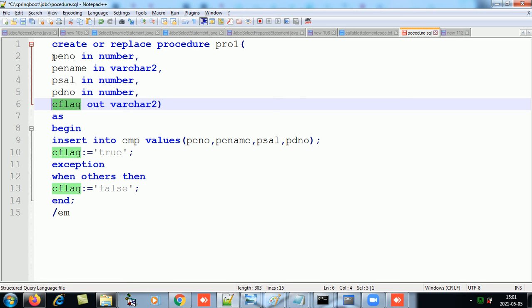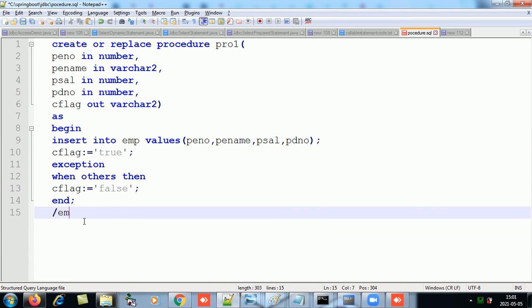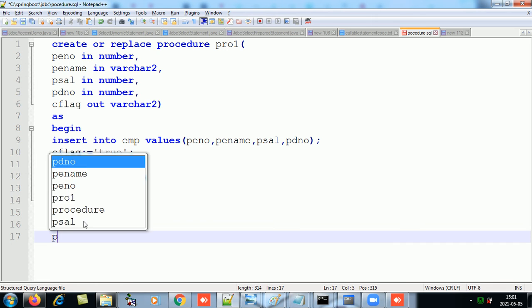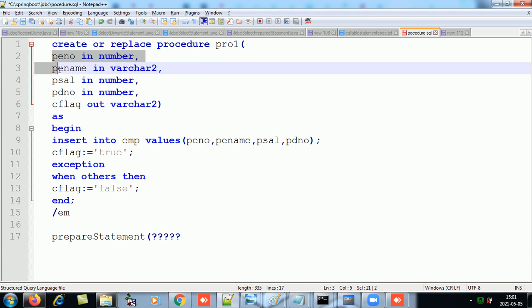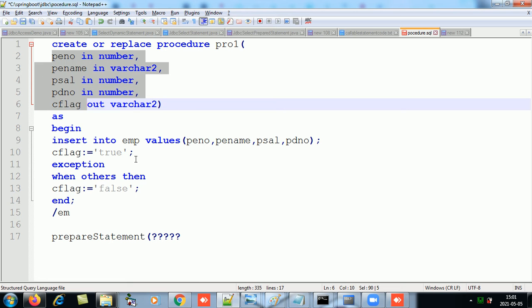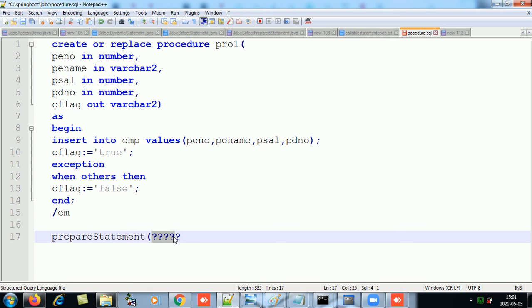Like how we give question marks in prepared statements, when we make a prepared statement, we give question marks in the query. So here how many question marks will I give? I'll give 5 question marks because I have 1, 2, 3, 4, 5. Out of these, 1, 2, 3, 4 are my inputs, and the fifth one is my output.